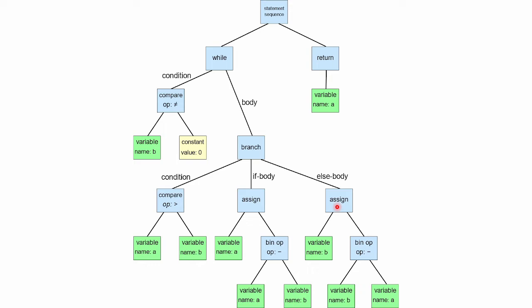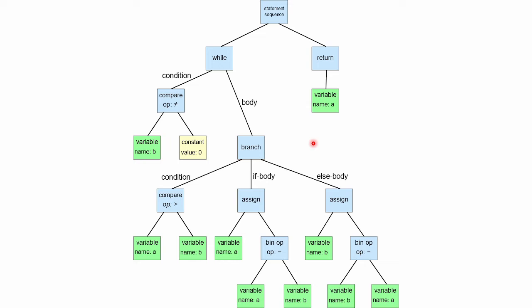But the browser does not understand those things, or the machine does not understand that high level language. So that high level language gets converted to low level language or machine language. So the intermediate state is AST here. That is a syntax tree. So you have a statement, you have a while loop, you have a return statement, you have a variable, you have a constant. Like that, everything gets distributed in all nodes.